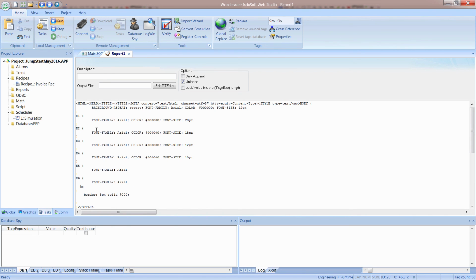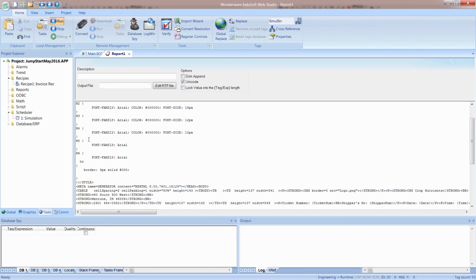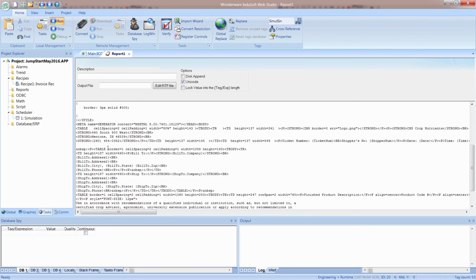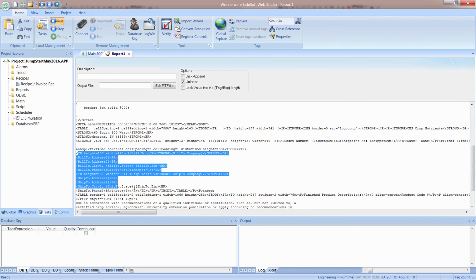Now, I'm not a strong HTML programmer by any means, but what's going to happen here is this is going to set up the formatting for this, and then eventually what you'll see is I am embedding those bill to addresses inside of curly brackets, inside of a table,